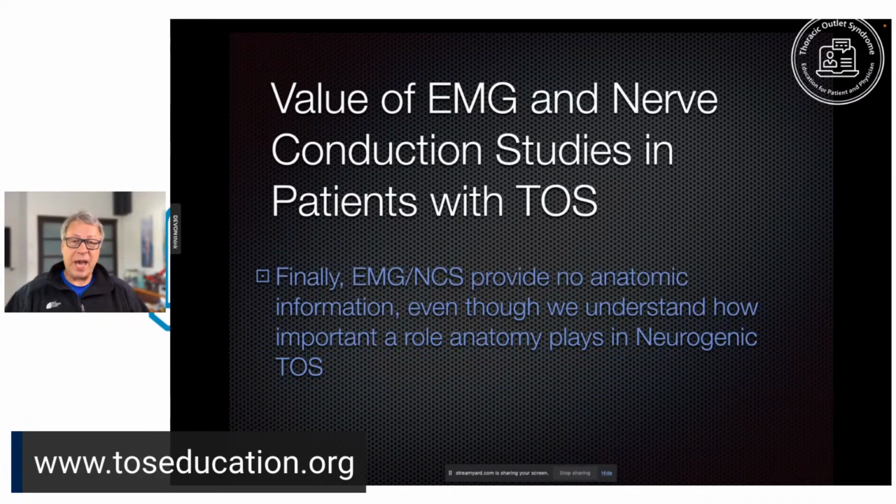And one more thing I'll say, as I just said a minute ago, EMG and nerve conduction study do not provide anatomic information, but we understand that there are all these anatomic variations and all these dynamic changes when you move your arms that cause TOS, the many forms of TOS. We know it's a space disease. That's why surgeons go in. A surgeon should never go in if there's not an anatomic cause for something. So surgeons go in because there is